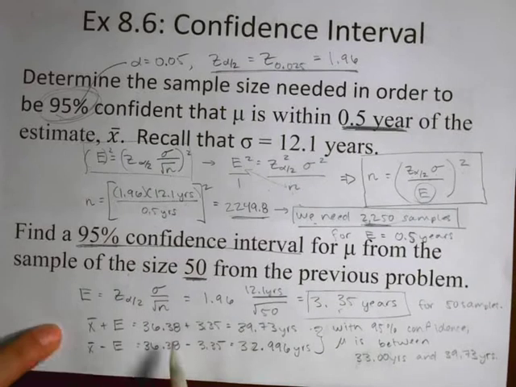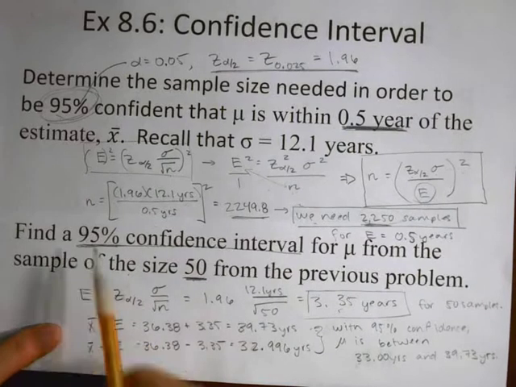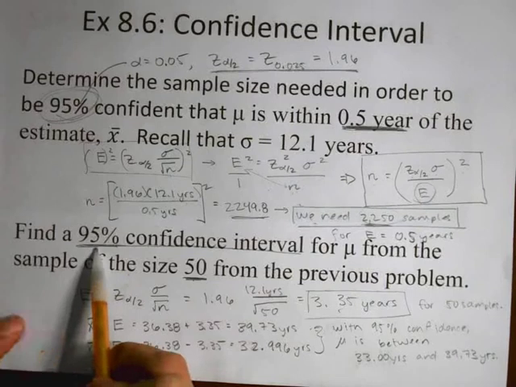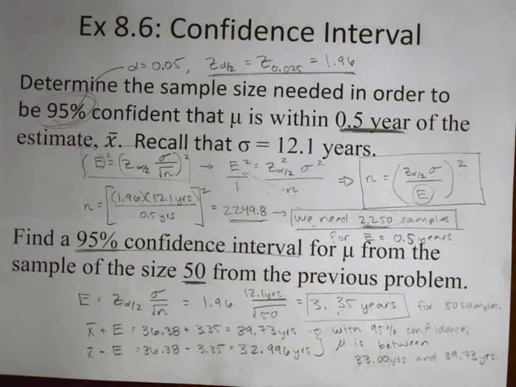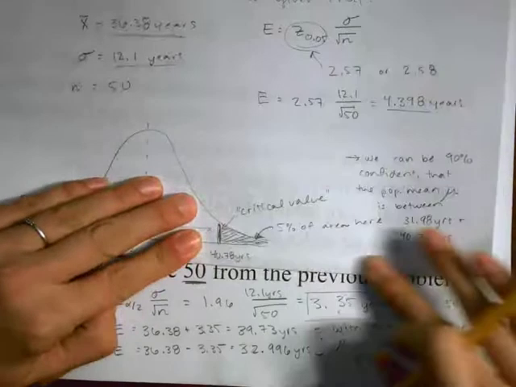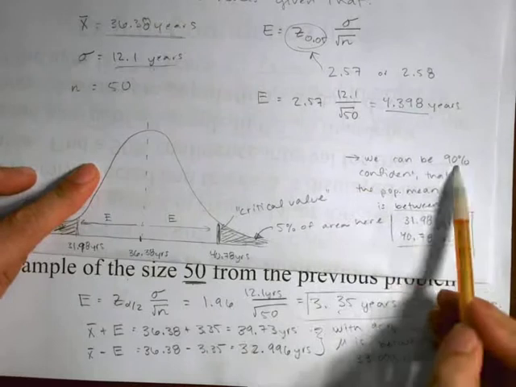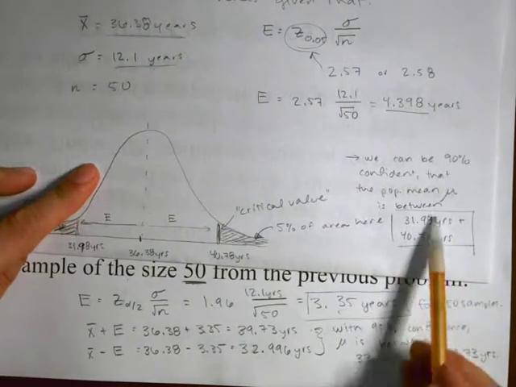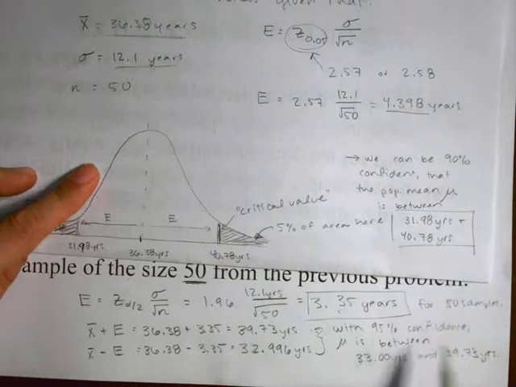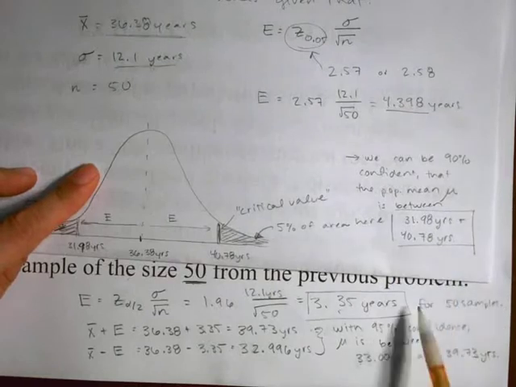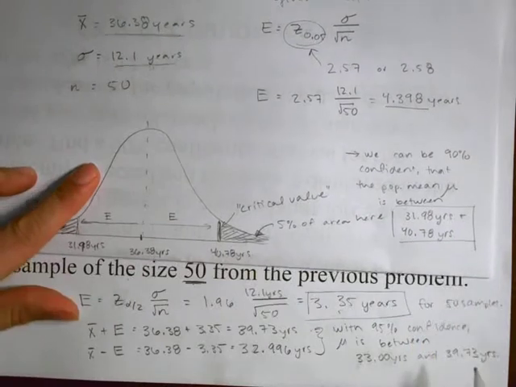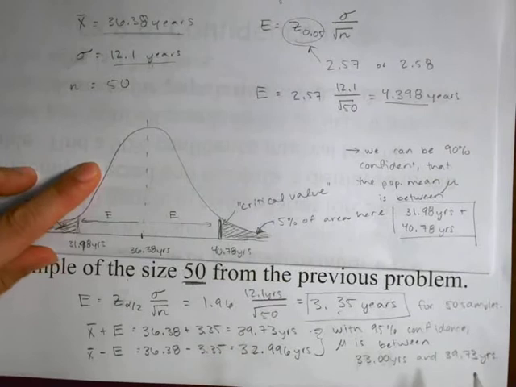Okay. So that's another way to do the same problem. Here, this is just like what we did in the beginning. So in the beginning, we used a 90% confidence interval, and now we were asked to calculate a 95% confidence interval. Here is our range that we found for the 90% confidence interval. We can be 90% confident that the number is between 32 and 41 or so years. We can be 95% confident that the